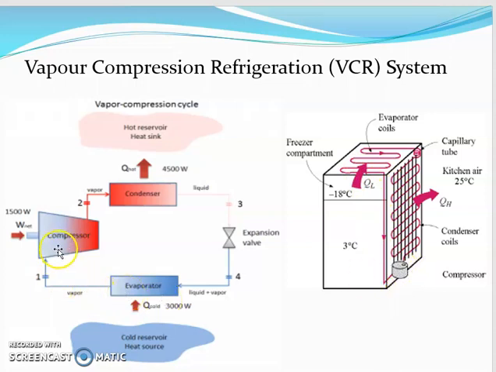here. So try to focus on this part, as the basic difference between VCR and VR system is from this component point of view only. So what does this compressor do? It raises the pressure of refrigerant from this evaporator pressure to condenser pressure. So the compressor is basically a power consuming device. It is run through an electric motor. Okay. And then over here at point number 2 we have refrigerant at high pressure and high temperature, then that passes to the condenser.